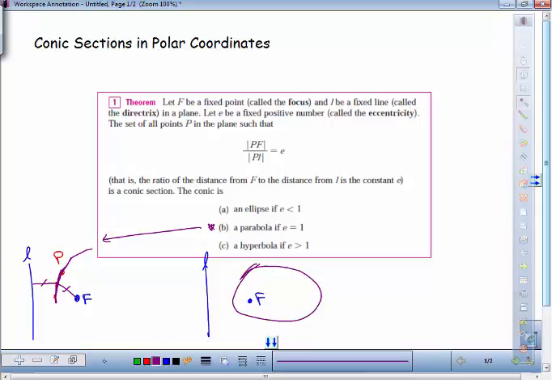So if you have an ellipse, we're looking at the points on your ellipse and the distances. So the distance from the focus to the point is your numerator. The distance between your point to the line is your denominator. And then it turns out that if you have an ellipse, the point is going to be closer to the focus. You'll have a smaller numerator than denominator, and that would make your eccentricity to be